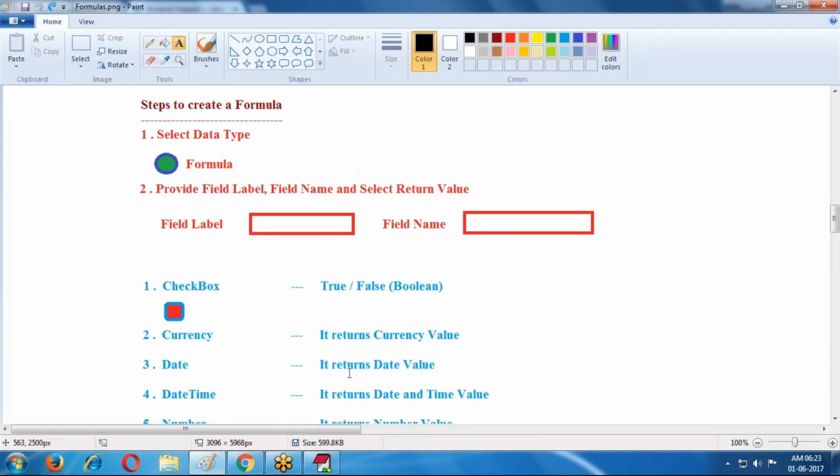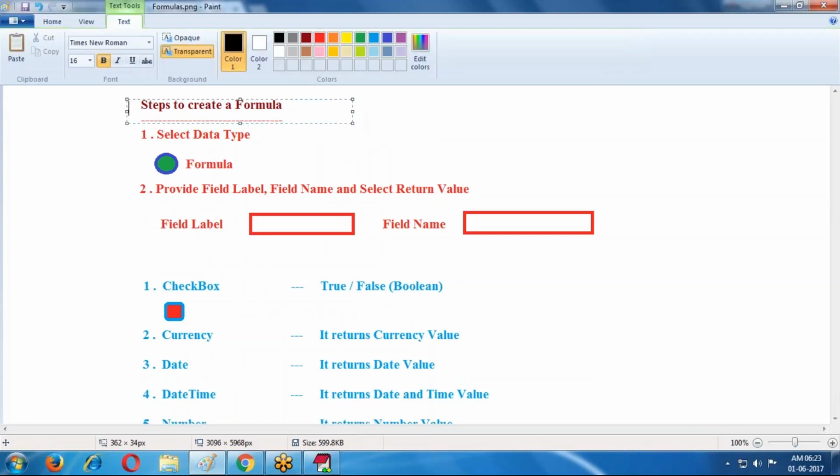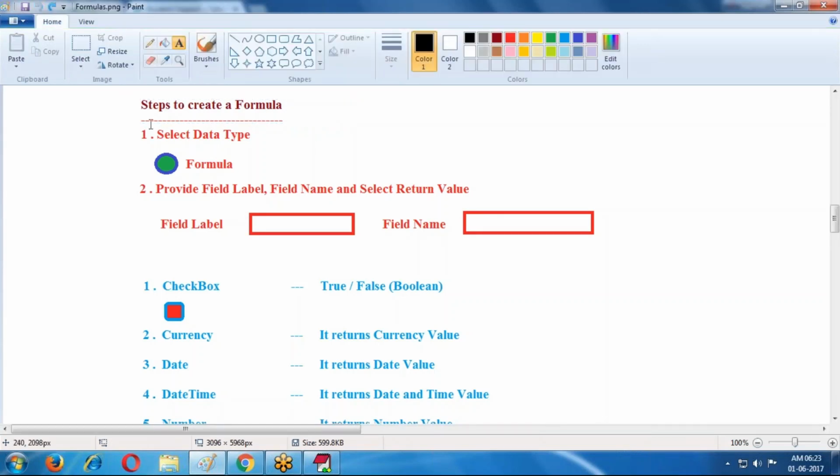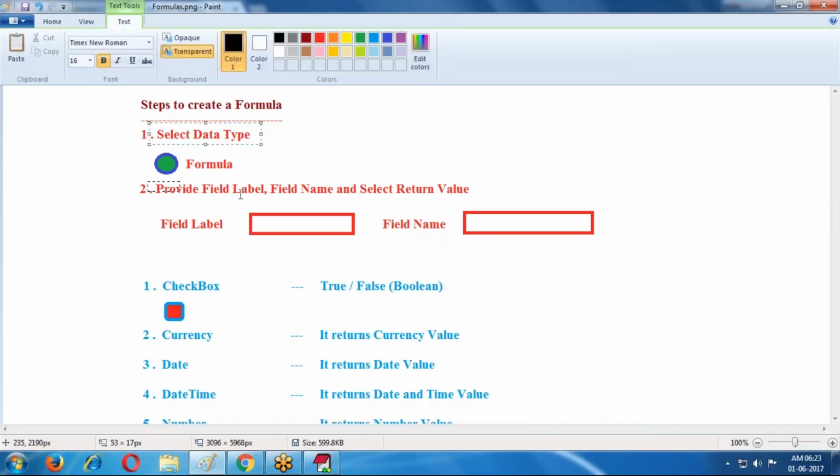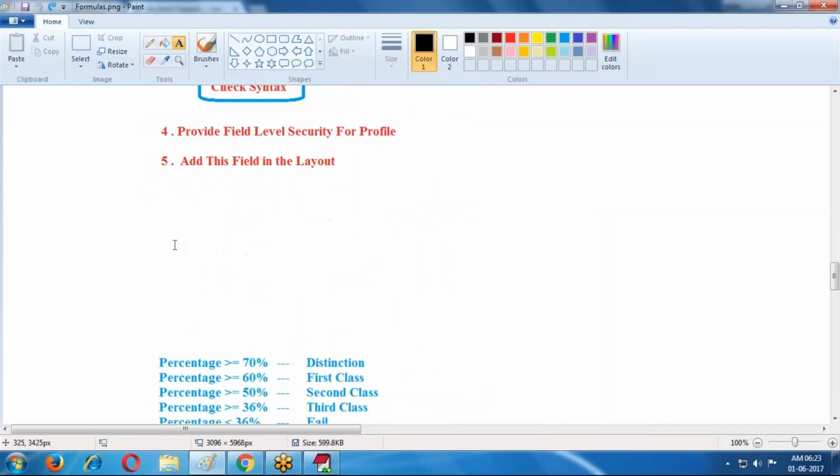If you want to write a formula field, there is a 5 steps process. For normal field creation it is a 4 steps process, here it is 5 steps. Normal field creation: data type we are selecting, field information we are providing, and field level security.